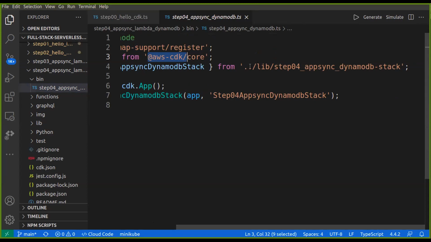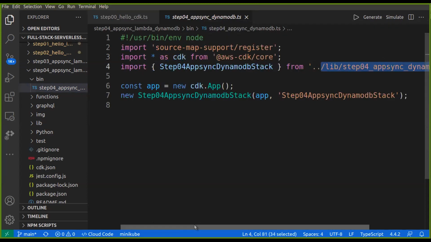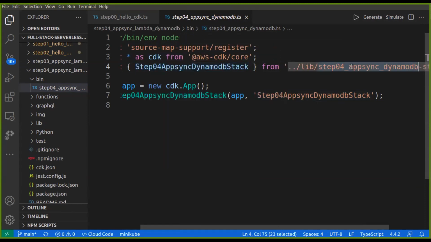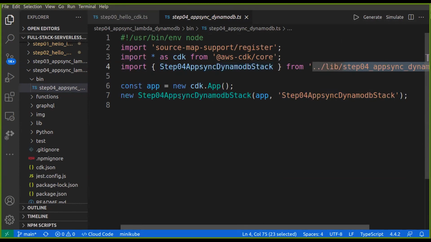We will import from there. What will we import? We will import this thing. As I click that, I can see that I imported an object from this code, and this code is going to be used